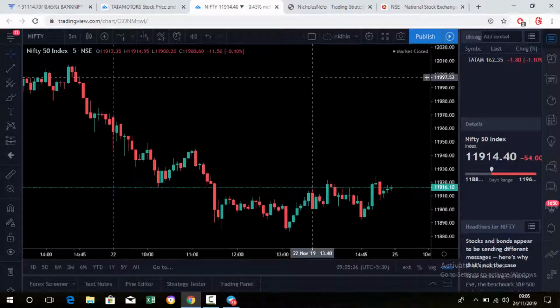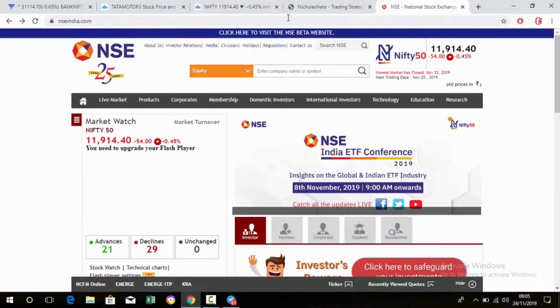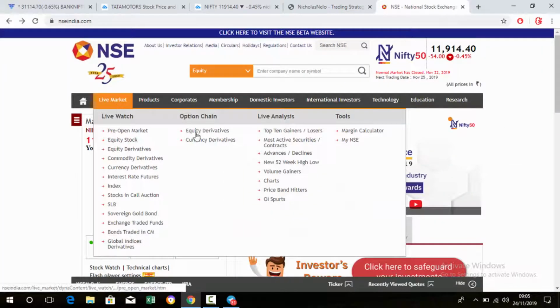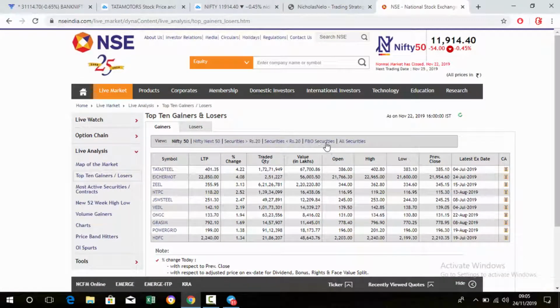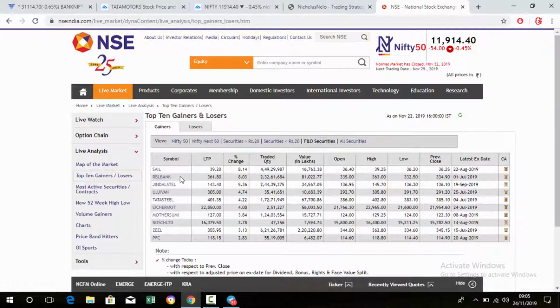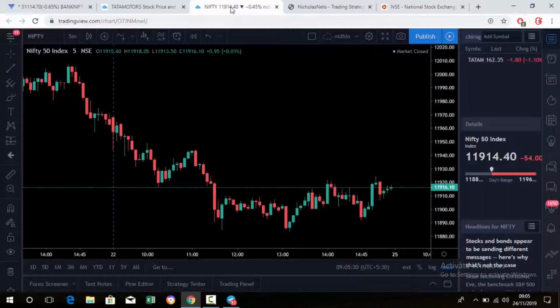First of all, if you want to check swing high and low, we are going to NSEIndia.com, top gainers and losers, and pick the gainer, the first FNO stock. RBL Bank. I avoided the other one because its price is below 100 rupees, and RBL Bank is good, it's above 300 rupees, so it should have a good movement. For RBL Bank, we should find the recent swing high and low. So just type RBL Bank here.